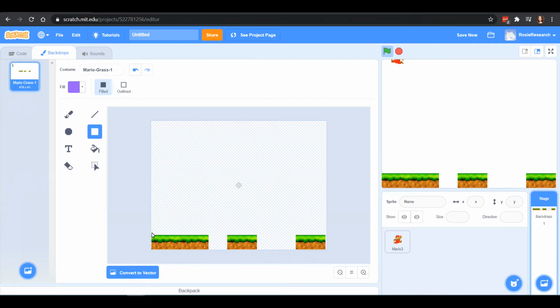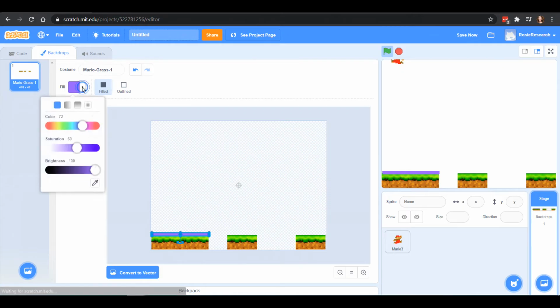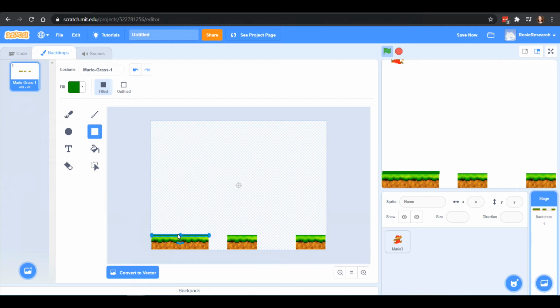All right, so now what I can do is add in a really small rectangle on the top of this, just to make sure that we can sense the right color. So I'm going to fill this, and pick the color from here. So we'll pick this dark green like that. And we can make this even skinnier. We just want to make sure that we don't hit some slightly different color of this. I'm going to hit stop so I'm not moving my Mario. And I'll copy paste this piece over here as well.